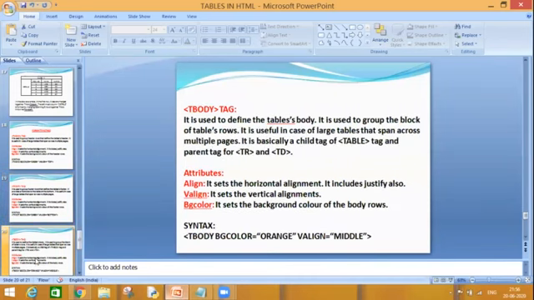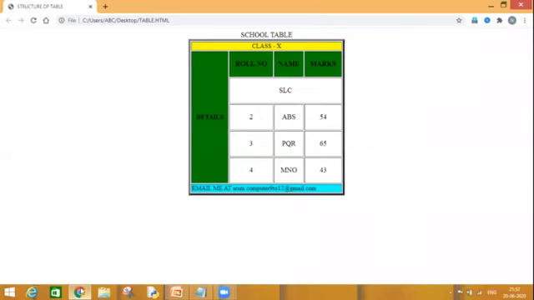There is another tag, the TBODY tag. As we have discussed about TFOOT and THEAD, similarly, the middle rows of the table come under the TBODY tag. So it is also used to group all the rows together, which become the part of the table body. Basically, body we take where the actual data exists, right? So according to my table, my actual data exists from row number 2 to row number 6.